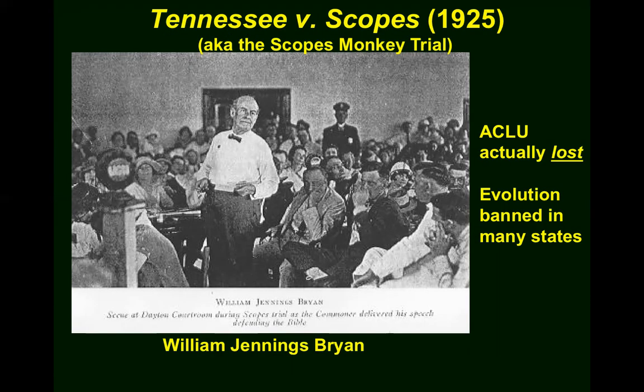Now, the ACLU, the American Civil Liberties Union, only got started during World War I. Their original mission was to protect people who were being prosecuted for being anti-war. So in that sense, the ACLU was actually on the same side as William Jennings Bryan. After World War I ended, they needed new issues and they wanted to raise their profile. And so the ACLU